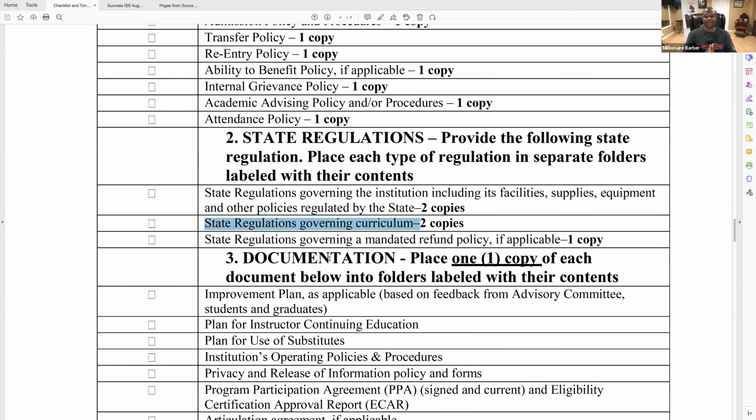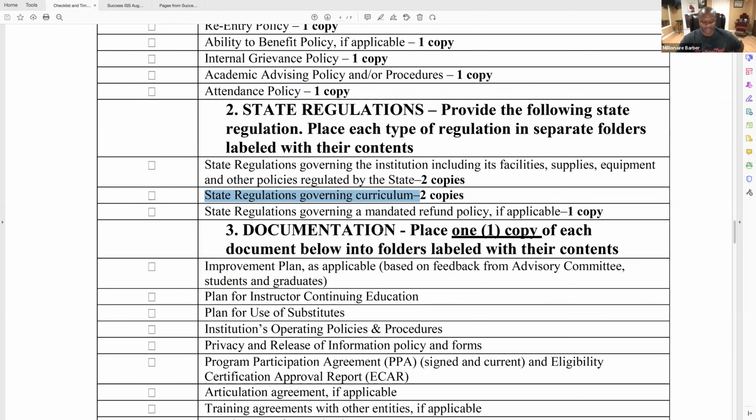And a lot of times, NACCAS already knows if your state may use that or may not, or if your school may use that. That's why on some of these they have if applicable. See, if applicable. Look now, ability to benefit student, if applicable. And that's where they may have to take an outside test to get in your school. So now what we've done,